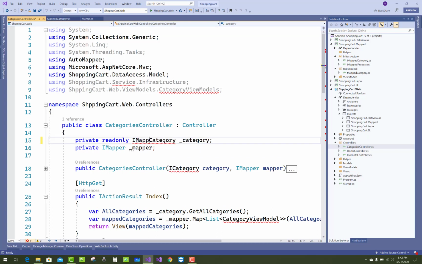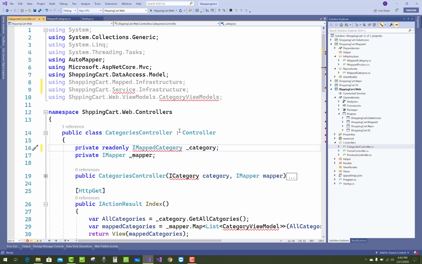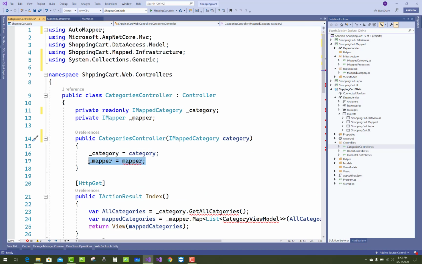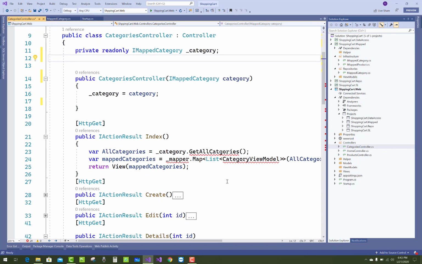So here, in the controller section of the category controller, instead of ICategory we use IMappedCategory, and remove unused namespaces. In the controller you should use IMappedCategory, and remove the mapper from the controller section.